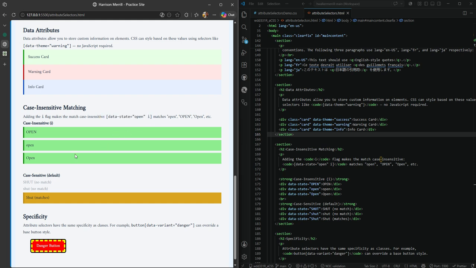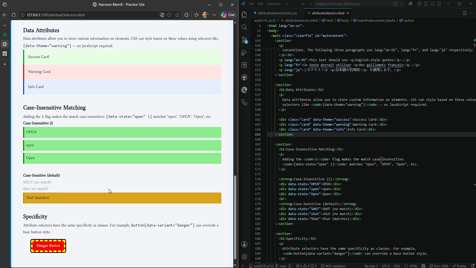So you can be OPEN, Open, open, however you want to have it. Technically, there's also an S. You could use an S for case sensitive, but that just switches it back to the default. You don't really have to pay attention to that, and a lot of browsers don't seem to support it. My browser doesn't actually support the S one, so I don't know if you should write with it, but